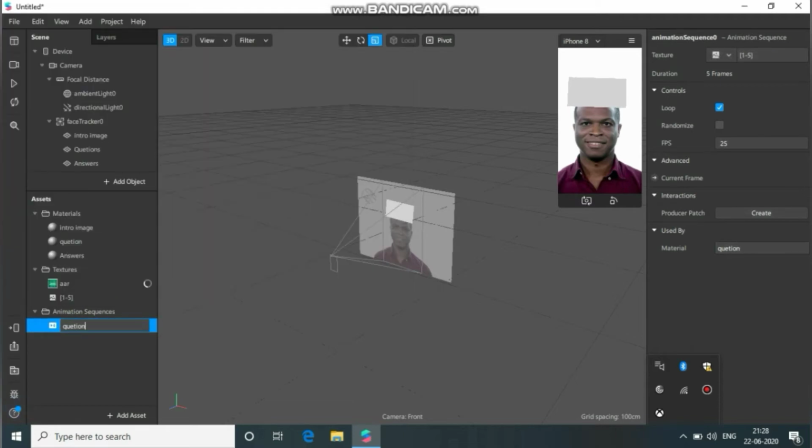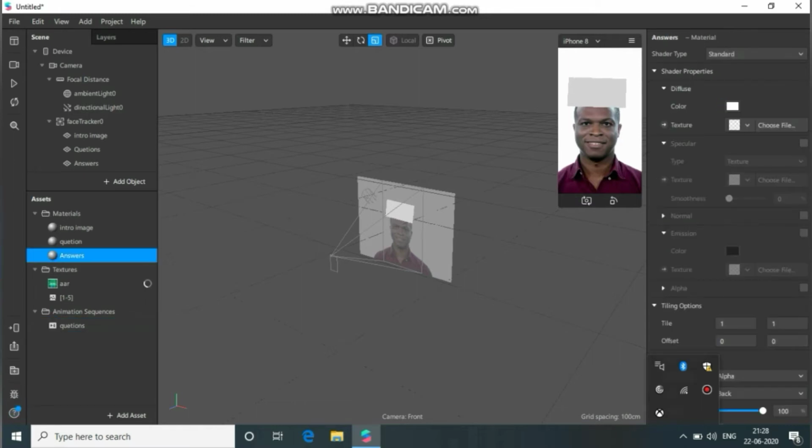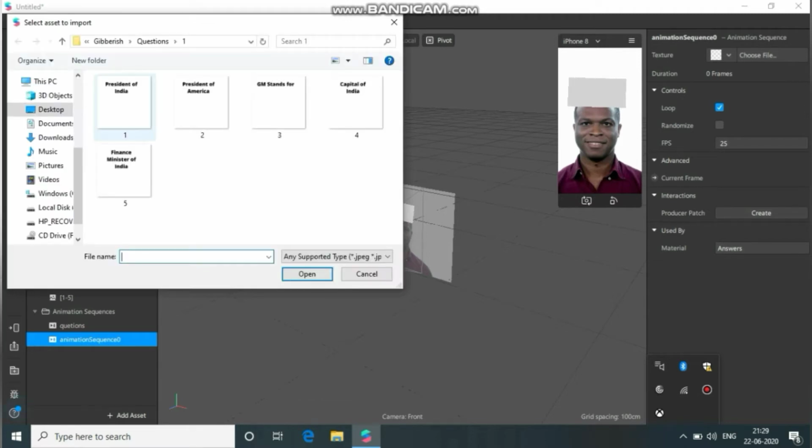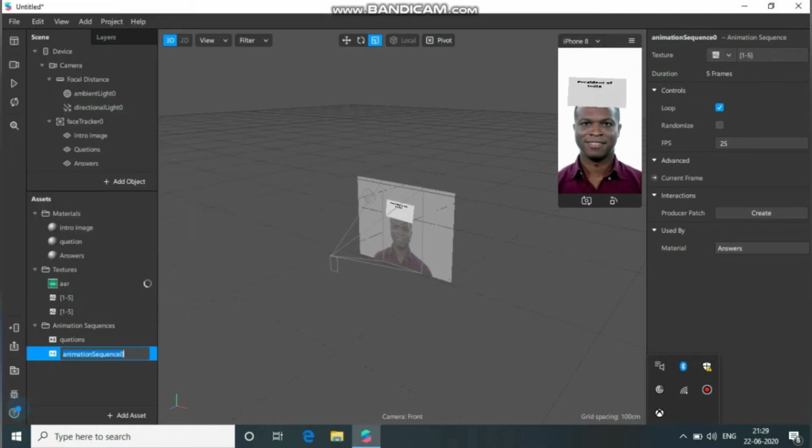Name the animation sequence questions. Same way, we need to upload answer images as well. From here, select new animation sequence and upload your answer images. Make sure the sequence is the same as it is with the questions images. And rename the animation sequence answers.